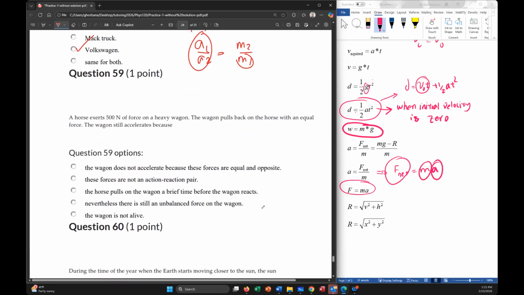59. A horse exerts 500 Newtons of force on a heavy wagon. The wagon pulls back on the horse with an equal force. Action and reaction, yes? The wagon still accelerates because